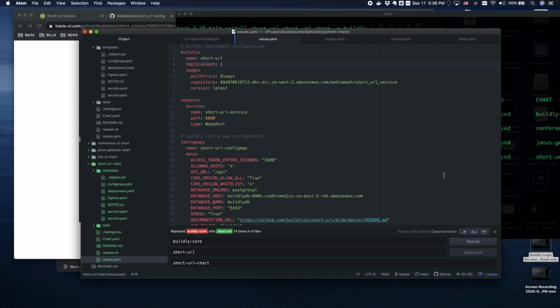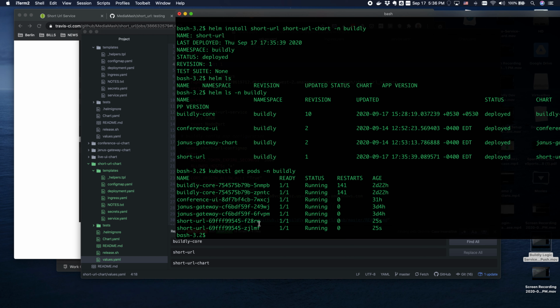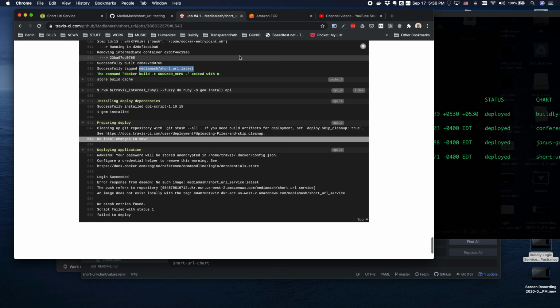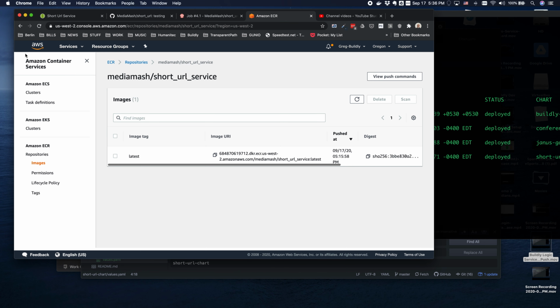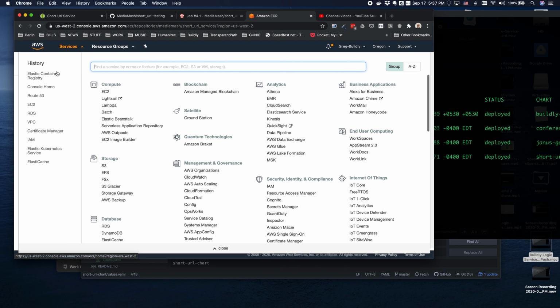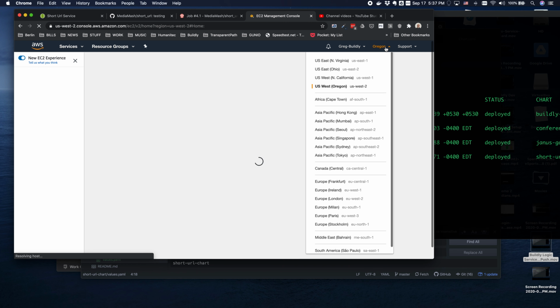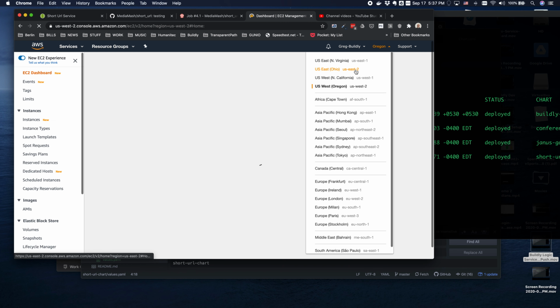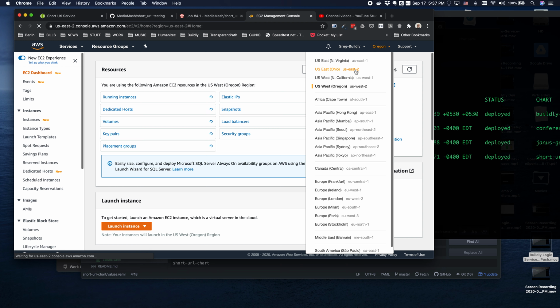So now we've deployed it. We can also check on the ingress and whether or not it's been configured. The easiest way to do that is to go back to Amazon and look through our services for EC2, which I don't know why it's not in our recent. Oh, we're in Oregon though. We do want to switch to US East 2. That's where our